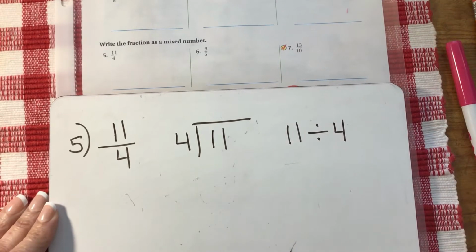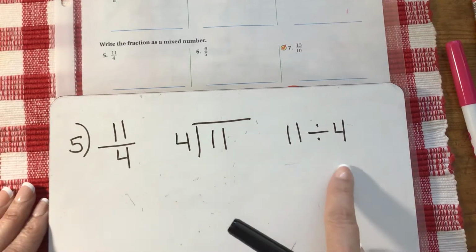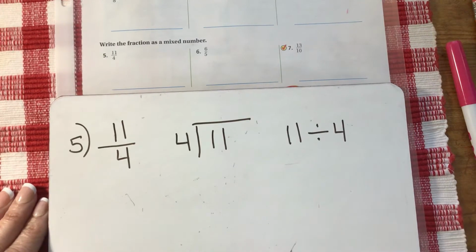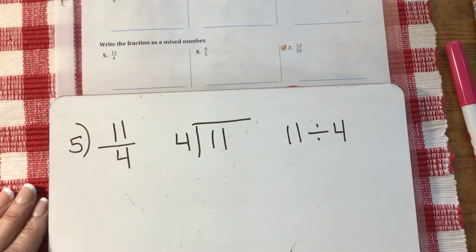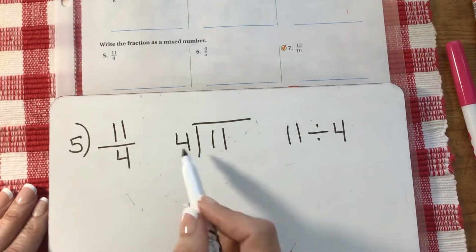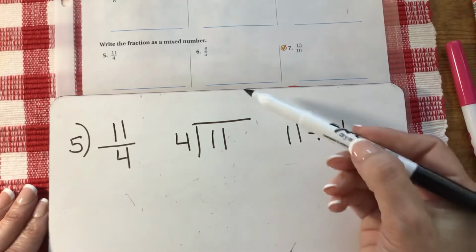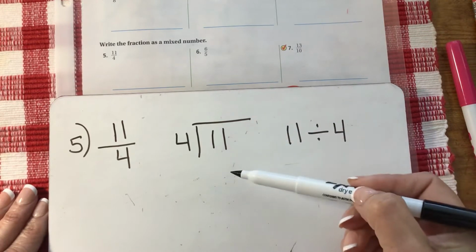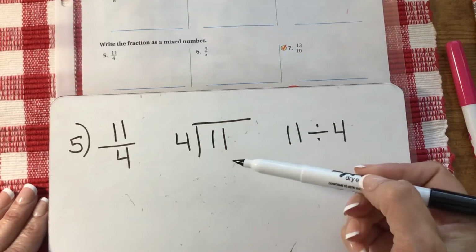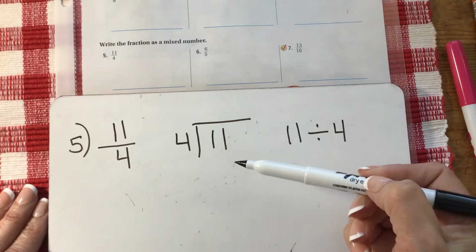Now, if I skip over to this side, if I want to do division, I can't use a basic fact necessarily because 4 times something doesn't equal 11. That's why I want to use it in this form, because we're going to do a little bit of the longer division where we show step by step, where we subtract,